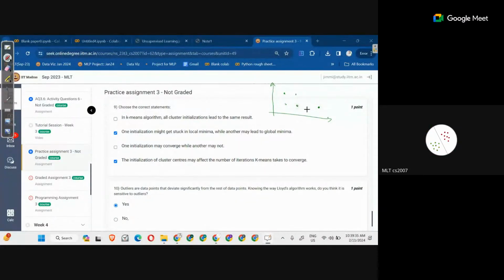Let's say I'll tell you with this example only. Let's say these are our data points, and I took this one and this one as our initial cluster centers. In this case, what will happen in the next step? We will get a group like this. In the first step it will be like this, and then in the next step something like this. Either it may converge at this point,